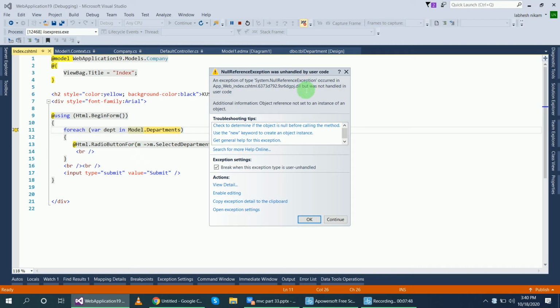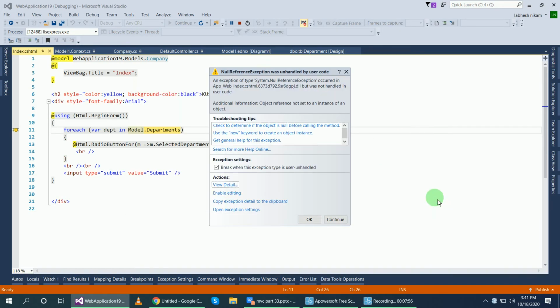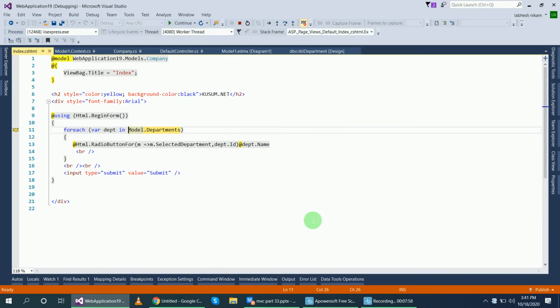What is the error? View details: System.NullReferenceException, object reference not set to an instance of an object. So the model did not get the value from the department.